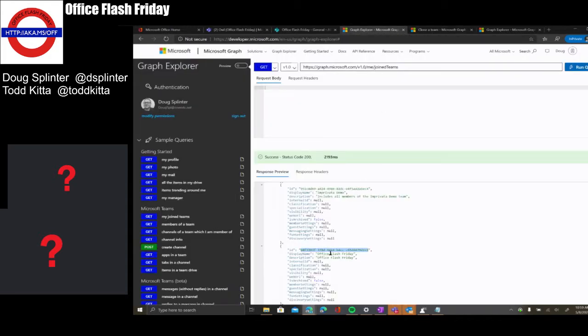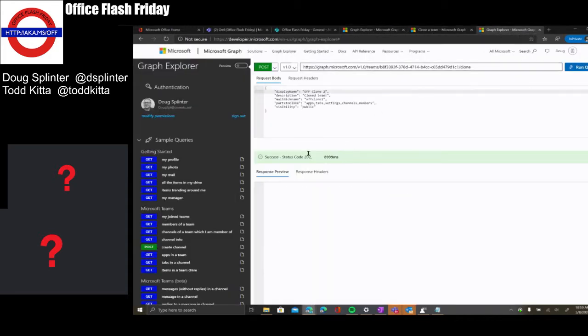So here's our Graph Explorer. We got our ID. And I made another Graph Explorer tab. And this time, I basically said, we made our clone 1 earlier because I wanted to test everything out. I would like to make a clone 2. We're going to call it the cloned team. Its nickname is clone 2. We're going to clone apps, tabs, settings, channels, and members. And we're going to leave this one as public visibility. And all I'm doing is doing a post against this particular hive. This is the ID that we copied from the previous step, and we're adding